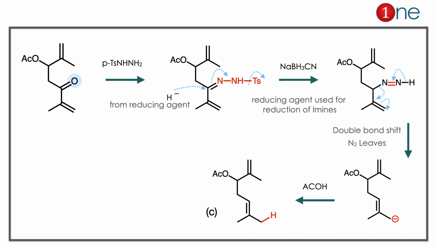Here you have to learn two important things. One is carbonyl group with hydrazine. It is a kind of Shapiro reaction, and the final product is an alkene. The second thing is charge travel. You have to master the charge travel. The charge always travels to a stable system or always travels to the leaving group.